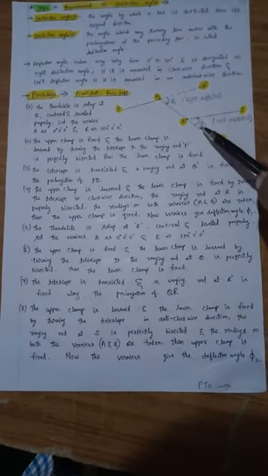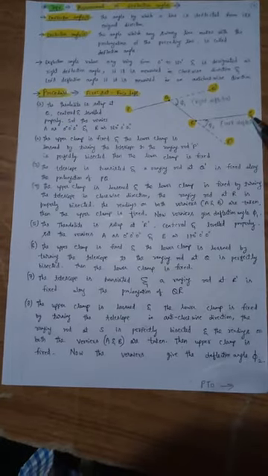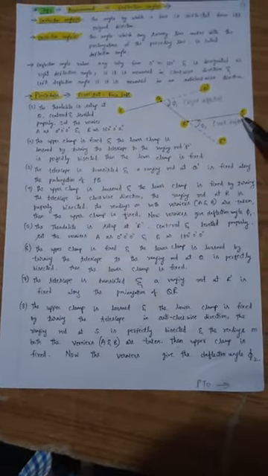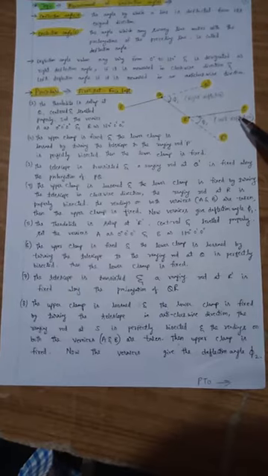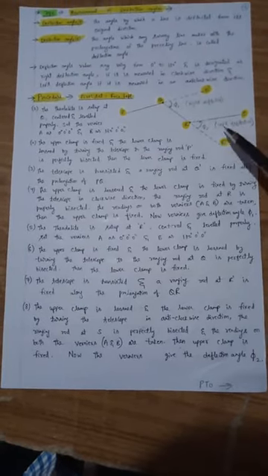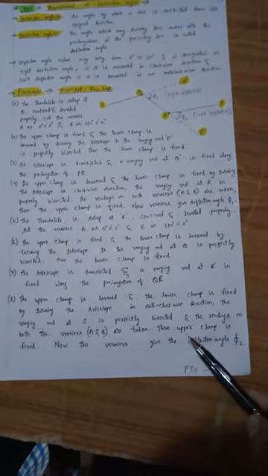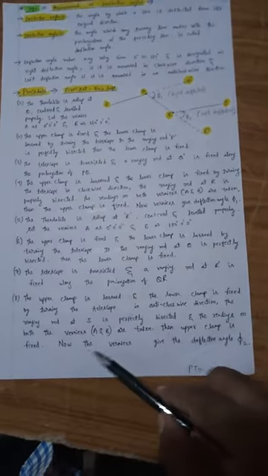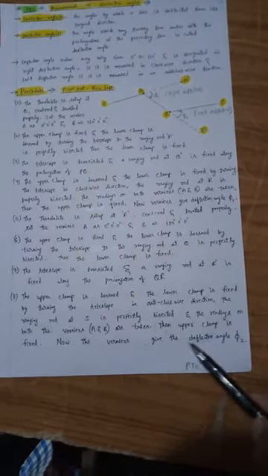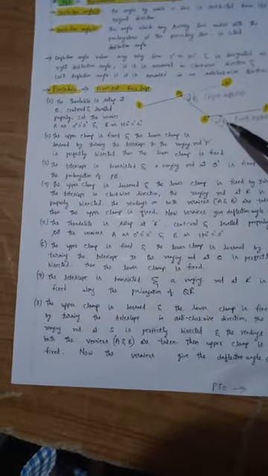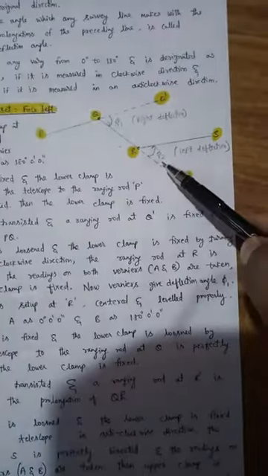The ranging rod at S dash is perfectly bisected and the readings on both vernier A and B are taken. The upper clamp is fixed. Now the vernier gives the deflection angle. So the left deflection angle given is phi 2. This is phi 2. This is the original picture.